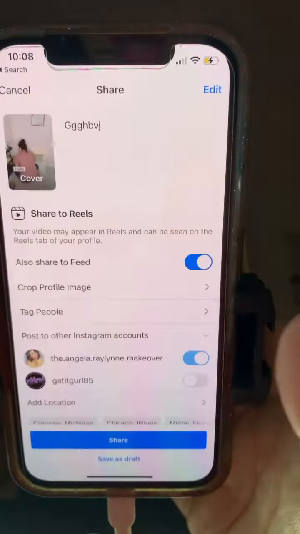And you can have things post to your other business account. Reels, I haven't had any luck doing that. I usually tag a place where I'm at, and then I click share, and it's locked and loaded. So